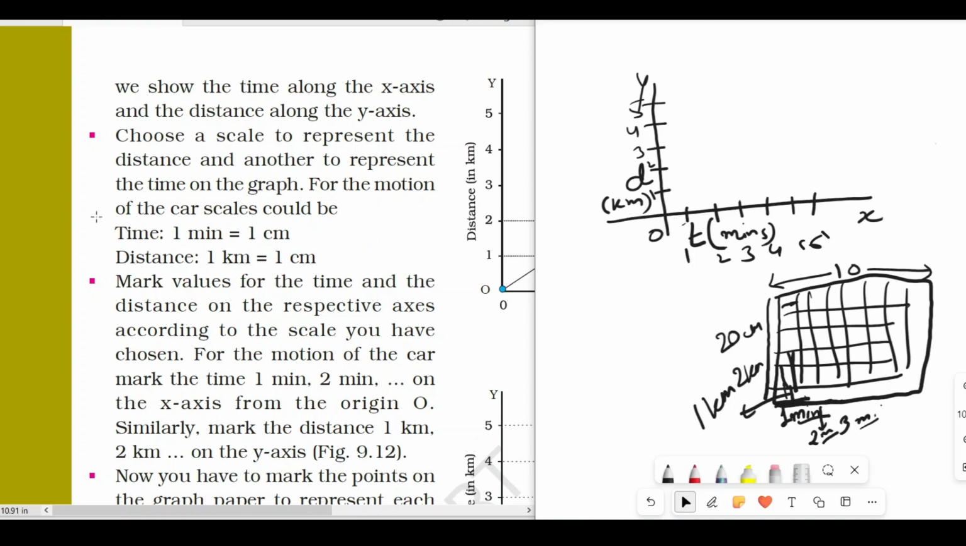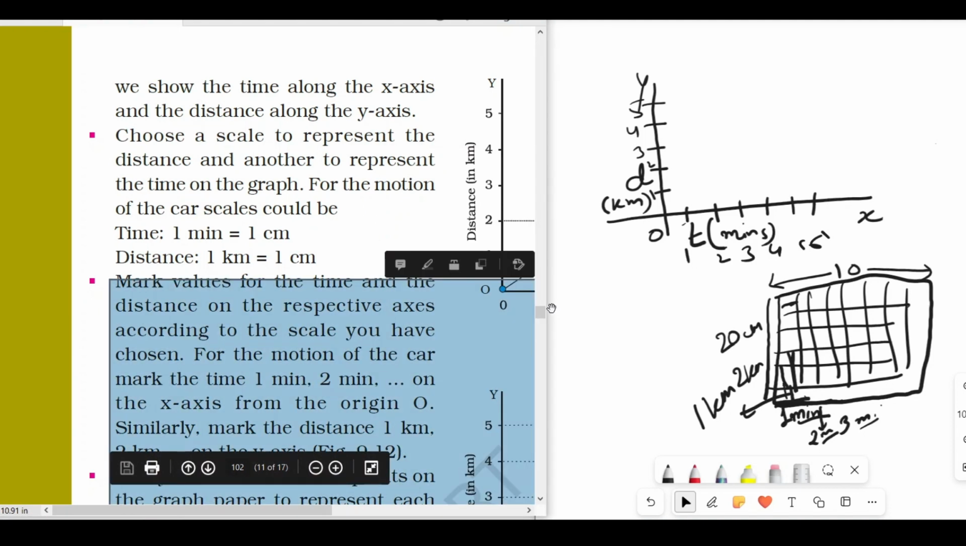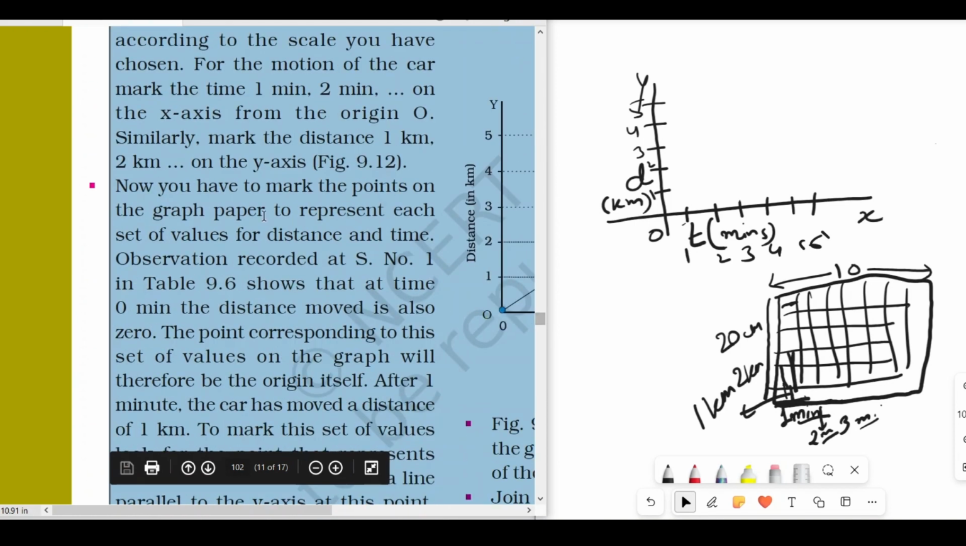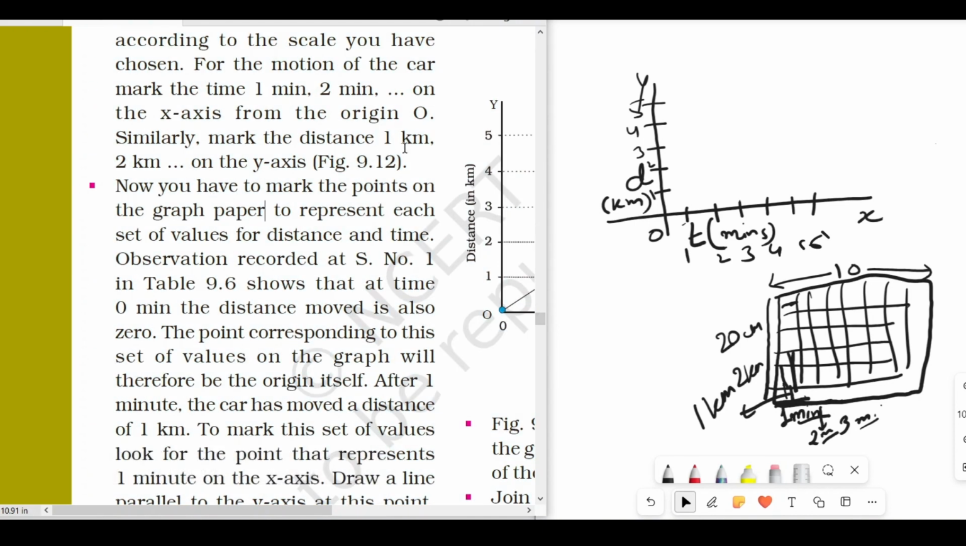Now, next what they're doing here is mark the values for time and distance on the respective axis according to the scale you have chosen. तो हम अपने स्केल के हिसाब से मार्क कर देंगे अपनी वैल्यूज. फॉर द मोशन ऑफ द कार मार्क द टाइम 1 मिनट, 2 minutes on the x-axis from the origin O. Similarly, mark the distance 1 किलोमीटर 2 किलोमीटर ऑन दी वाई एक्सिस।